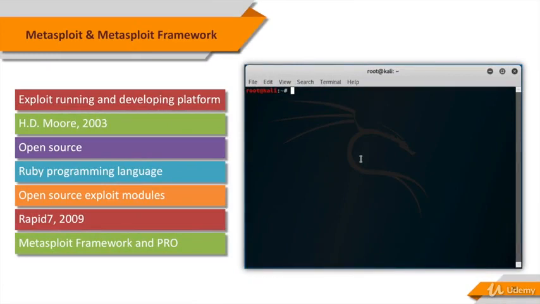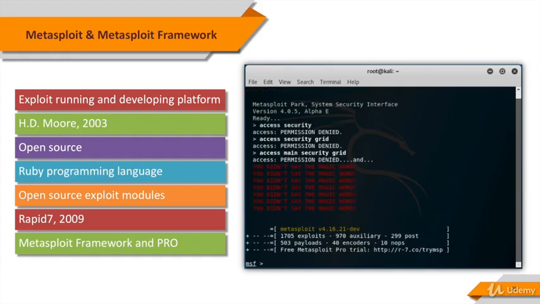Let's have a pause here and have a small introduction to the world of Metasploit. The Metasploit project is the most used penetration testing framework in the world. It can be used to test the vulnerability of computer systems or to break into remote systems. Metasploit was created by H.D. Moore in 2003 using Perl. By 2007, the Metasploit framework had been completely rewritten in Ruby. In 2009, the project was acquired by Rapid7. Now they have a free and open source version, Metasploit Framework, and a commercial version,